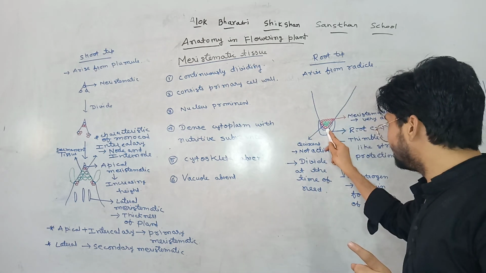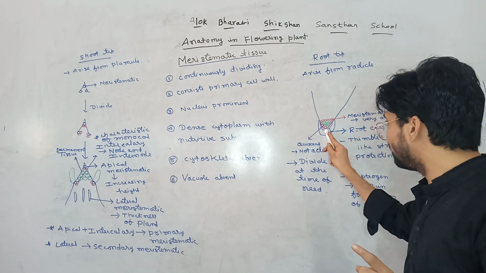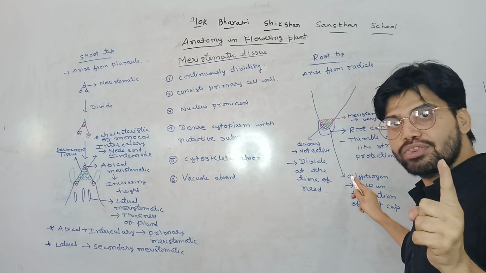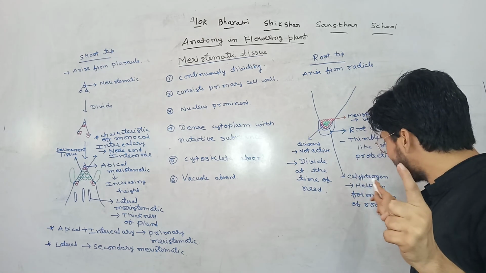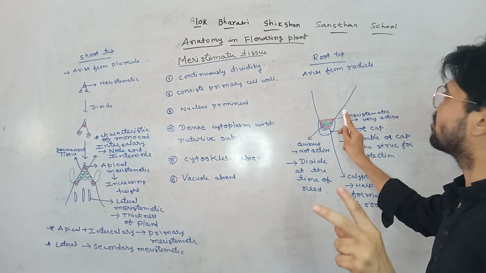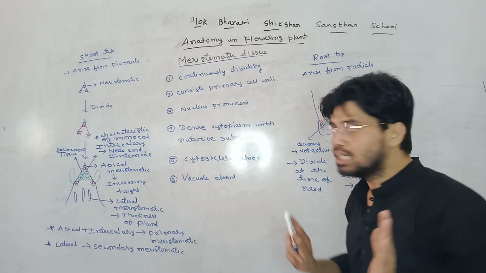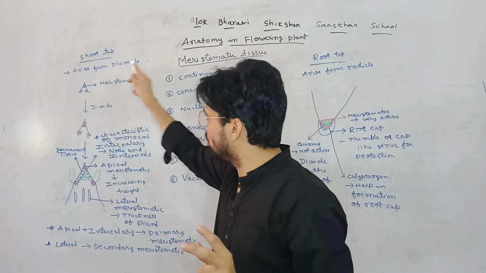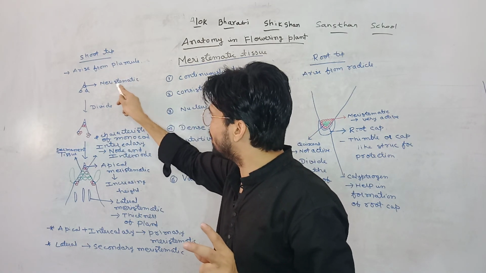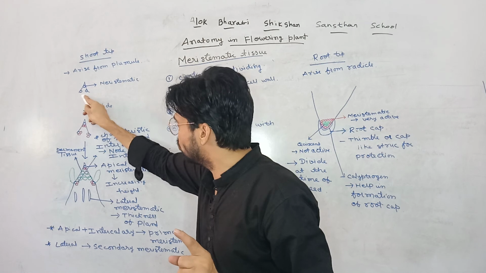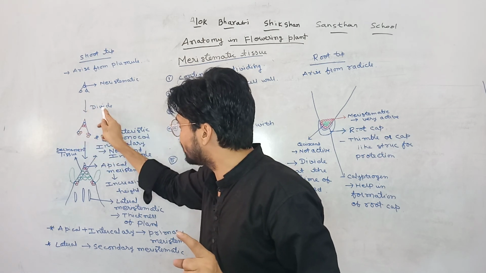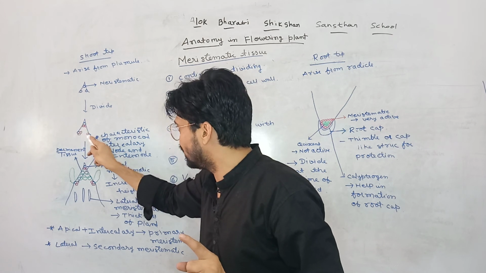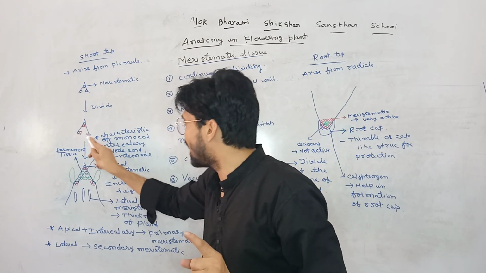After that, student, the root cap is also formed from the root, and the tissue which helps in the formation of the root cap is known as calyptrogen. So my dear student, you understand the root tip. Now we are moving to the shoot tip. The shoot tip is formed from the plumule. Here you can see there is meristematic tissue, and in the second stage this meristematic tissue divides and forms more meristematic tissue, which I show by the red marker.